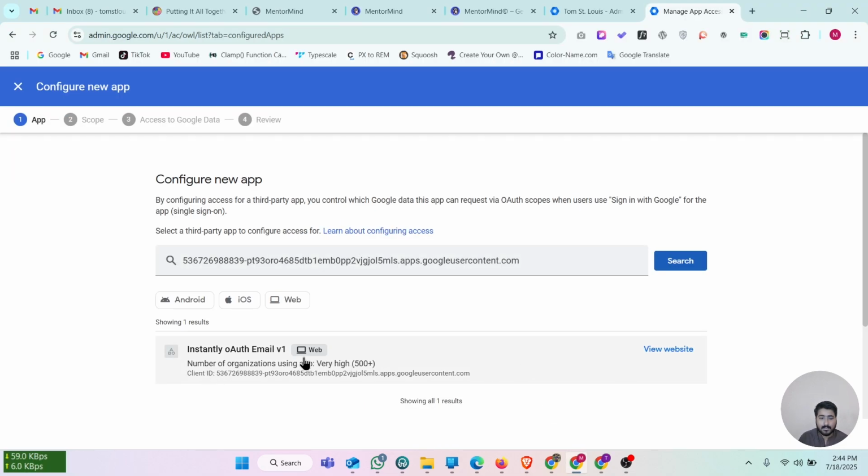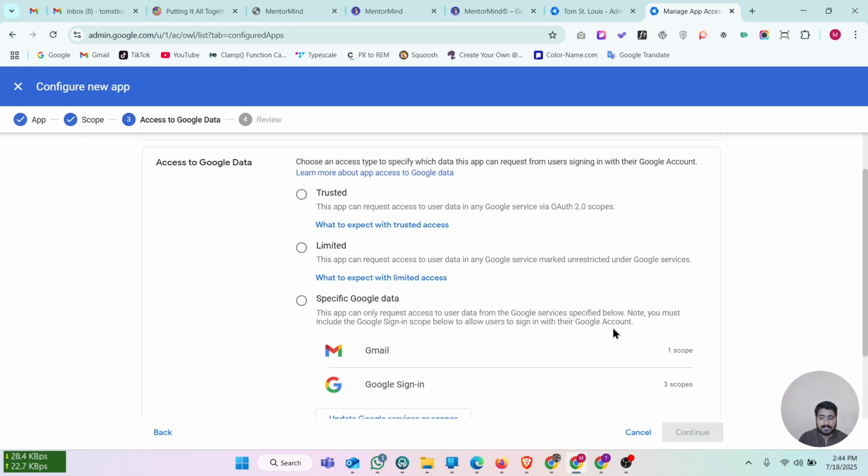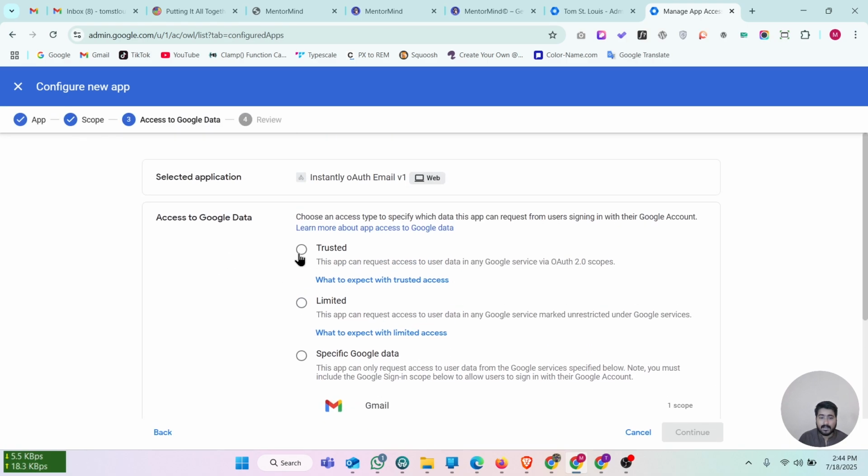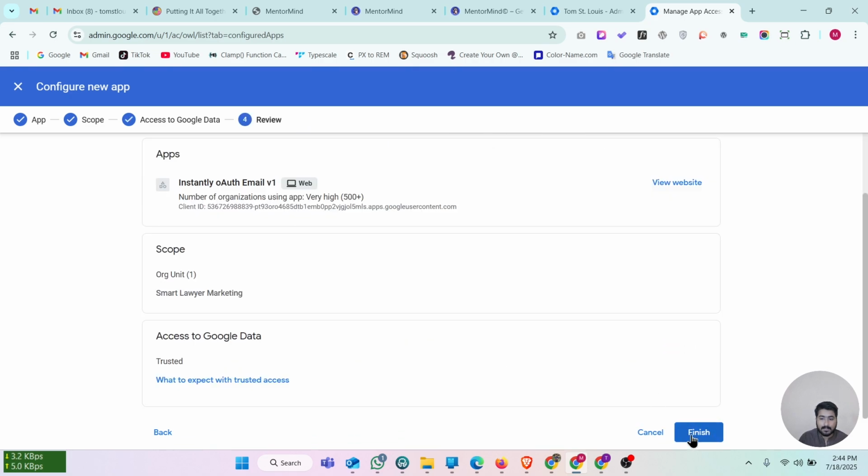Then here you can see you have to click on it, and then it asks you the scope. We can keep it in our account, and then continue, and then it is asking for the access. We are adding it, so it is trusted. Then you have to click on continue, then again finish.